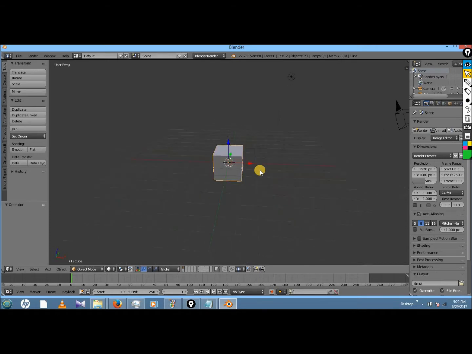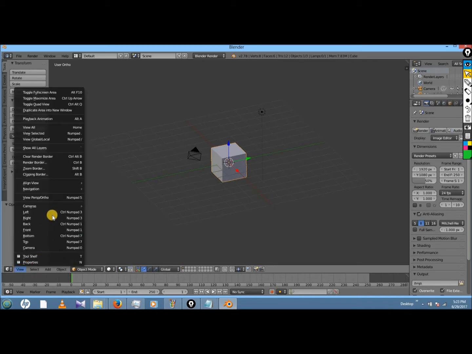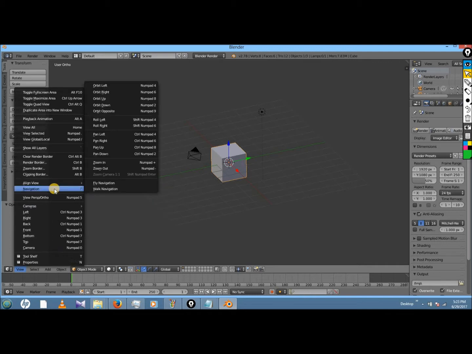And if you notice, when I rotate the camera here, it's kind of like in a perspective mode, which means that if I'm doing 3D modeling, it's going to be hard to figure out what's where. So what I'm going to do is I'm going to press the 5 button on the number key, and if you can't remember where that is, you can always go down on the bottom left where it says view, and then you go to camera, you go to, where is it?